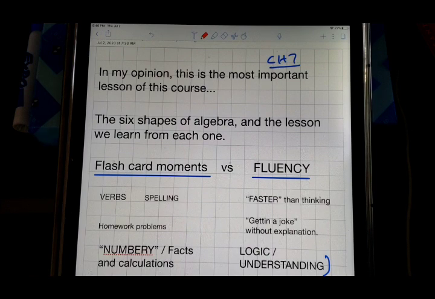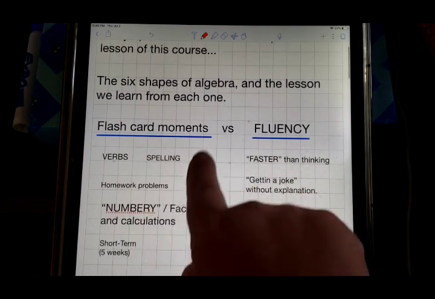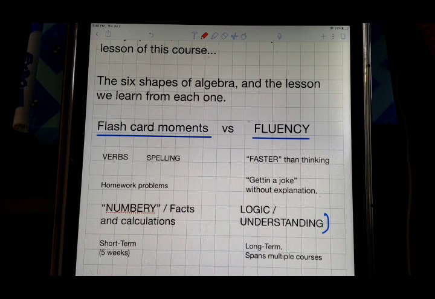With that, that is my overview of Chapter 7. We're still going to have Chapter 7 individual videos where we study the flashcard moments because we have to. But hopefully this gave you some perspective. And with that,